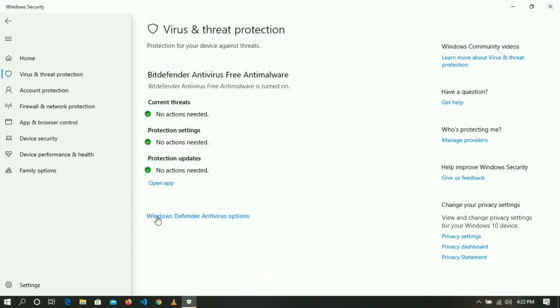For my case, first of all, you have to click on the Windows Defender antivirus option. Click on it and make sure it is off. Turn off periodic scanning, turned off. Okay. And then